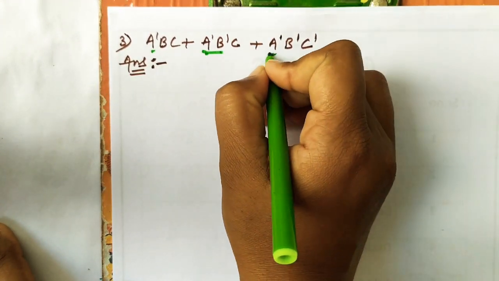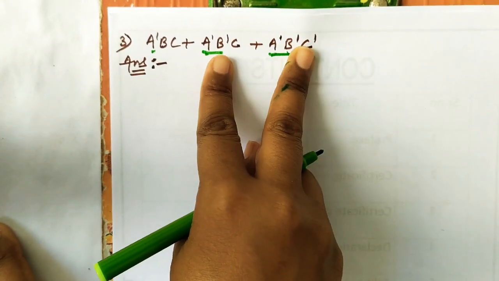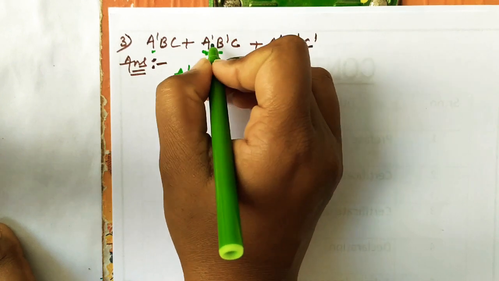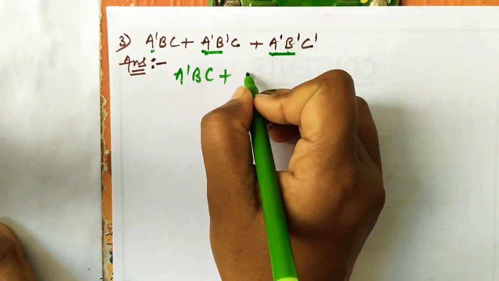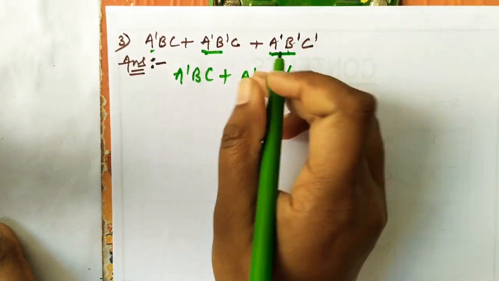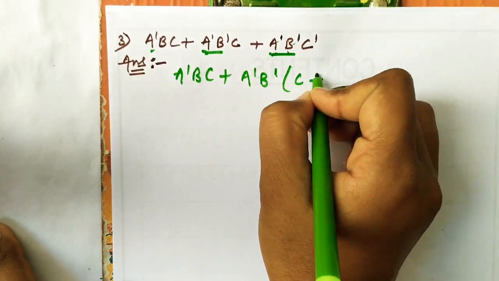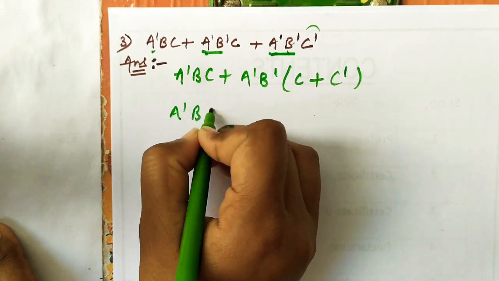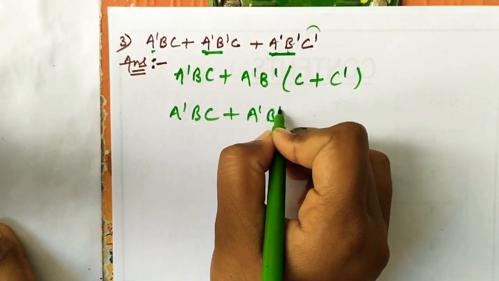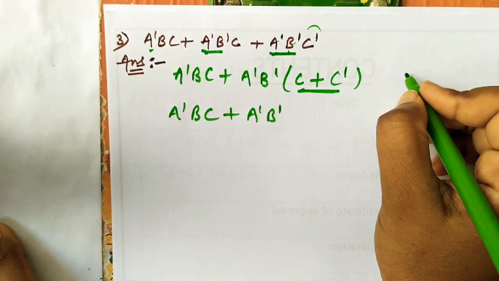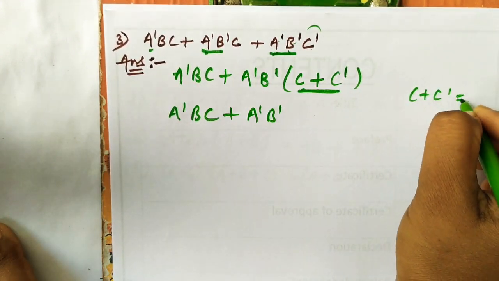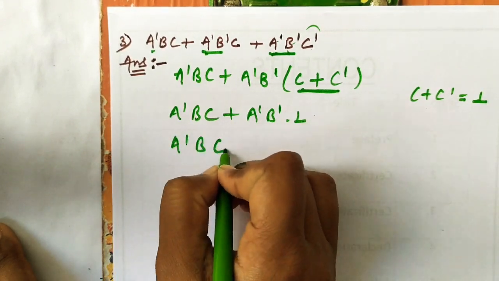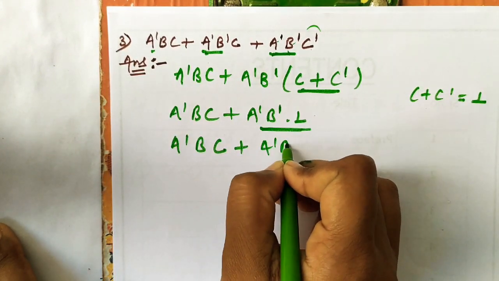So take a' two common value between these two terms. So here you write a' b c, take a' two common value, that means a' b', here also a' b', to take common a' b'. So what is left here is c, and in this term there is a c'. So a' b c plus a' b' c'. What is this? By using complementary law, c plus c' is equal to 1. So here is a 1. So the answer for this one is a' b'.